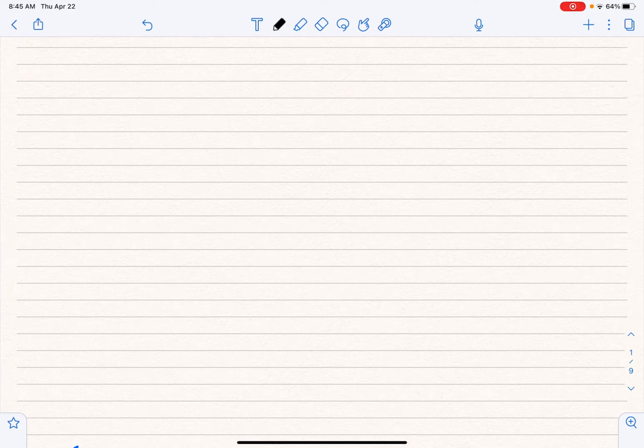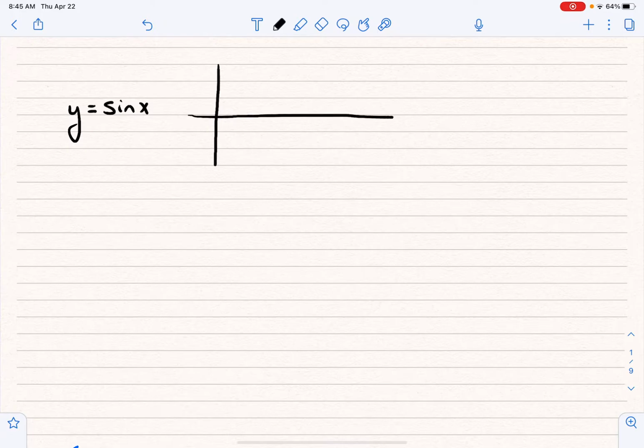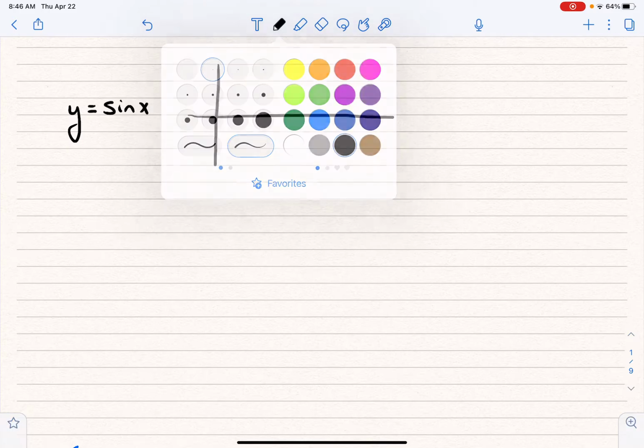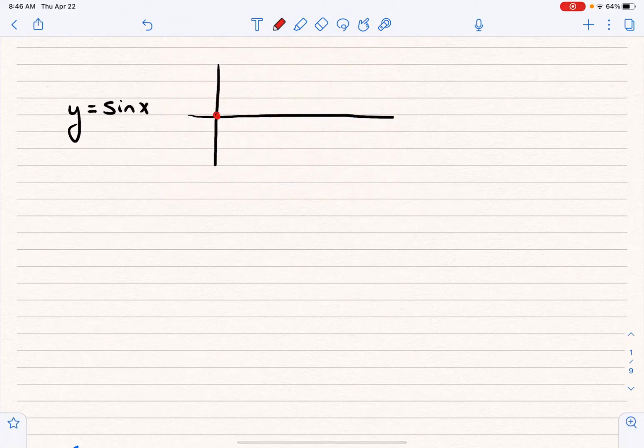Like if I said, okay, graph y equals sine x. I'm going to show you exactly what I think of when I think of graphing y equals sine x, even if I have to do it by hand with nothing fancy. If I say y equals sine x, first of all, I know that it starts at the origin. And then I know that after an entire cycle or entire period, it ends at the axis. Halfway in between those two, it also passes through the axis. Halfway between those first two, it hits its high point, and halfway between the latter two, it hits its low point. And so the function looks something like this,